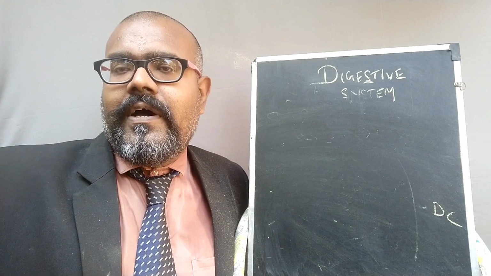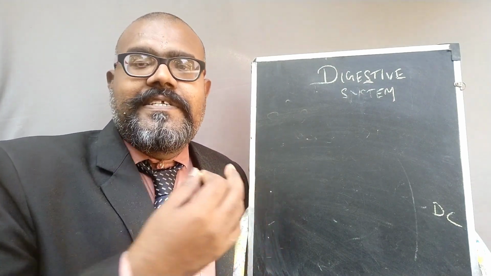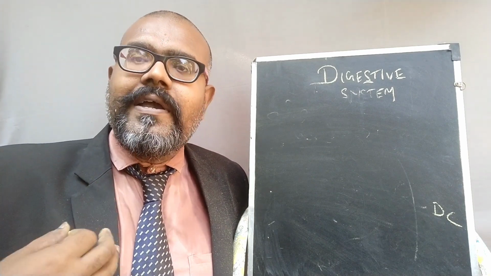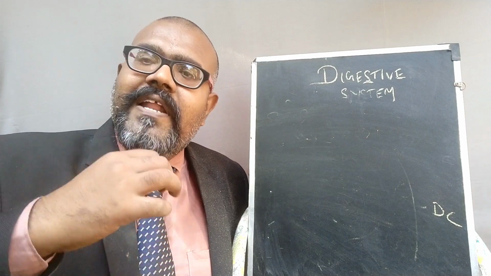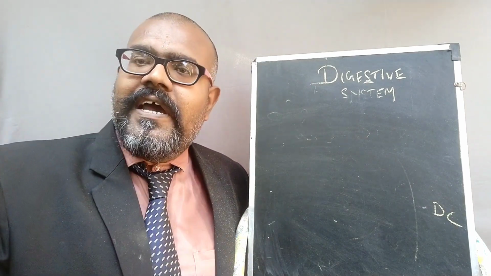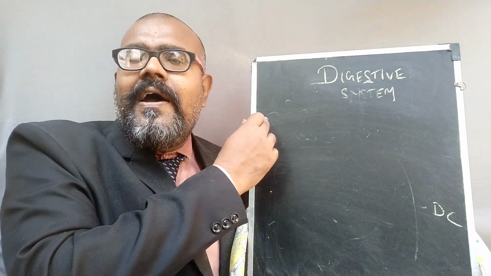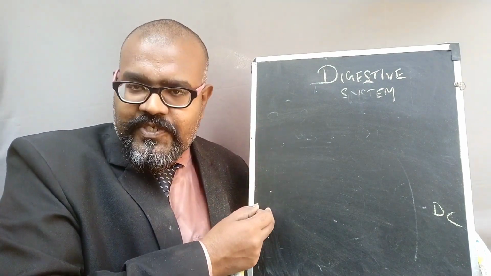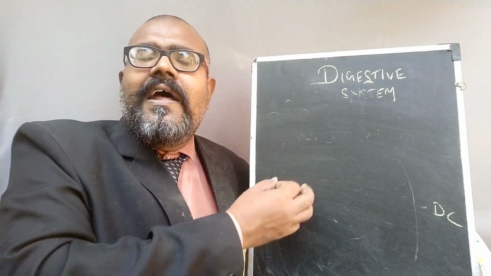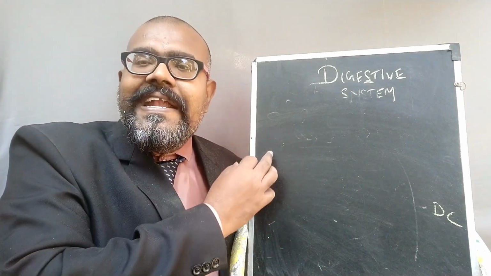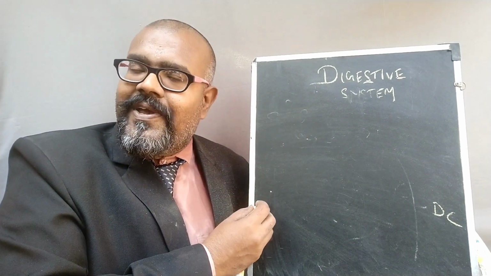That's all about the digestive system, the parts involved, starting from the mouth, esophagus, stomach, small intestine, large intestine, and all the accessory parts, which help the food to digest and be released as waste material. So this is the process and the parts involved in the digestive system. Hope you understand what I'm saying. In the next class you are going to see the next part, which is very important: the enzymes responsible for this digestive system process. Okay, thank you.